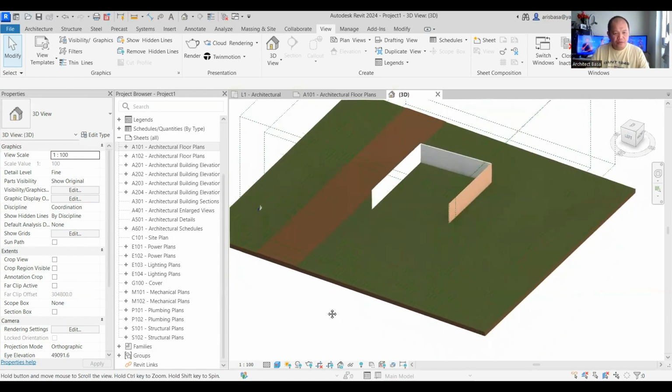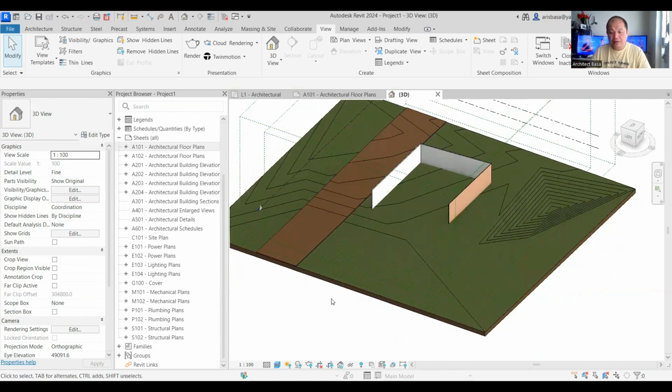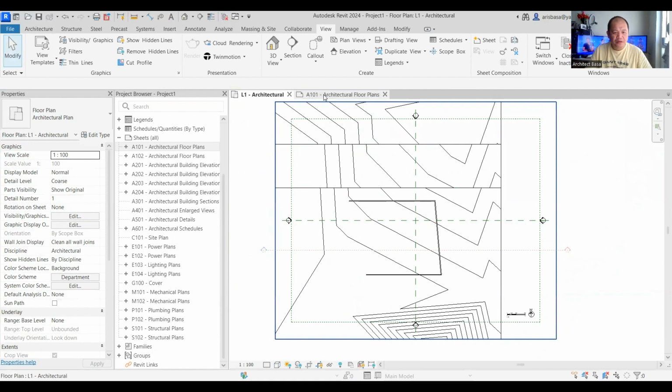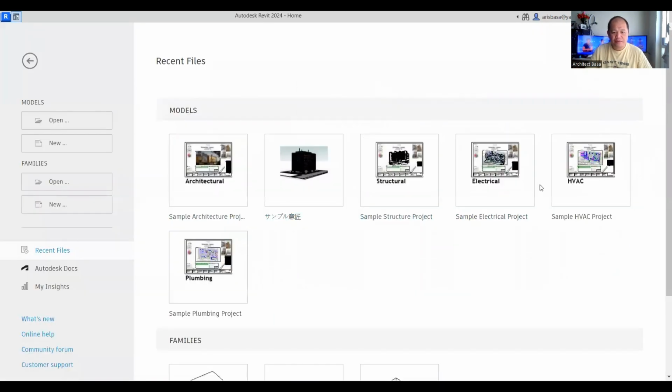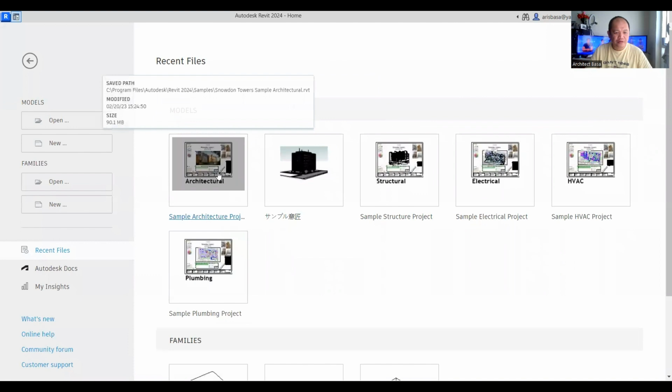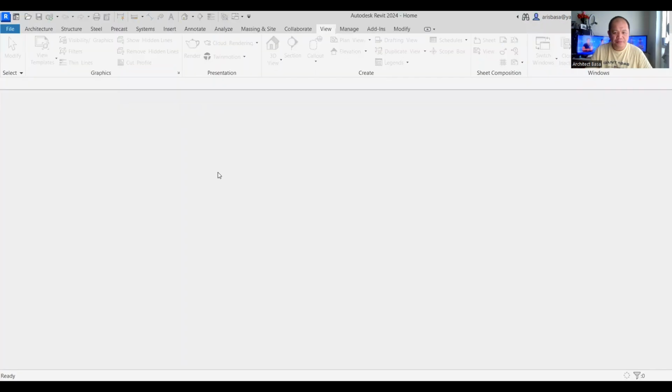And now, of course, there are so many things that we still need to explore and check, to find out what are the good things that we have here in Revit 2024. So this time, let's just go and check quickly the sample project that is available. So this is the sample project. If I click on the architectural sample project,